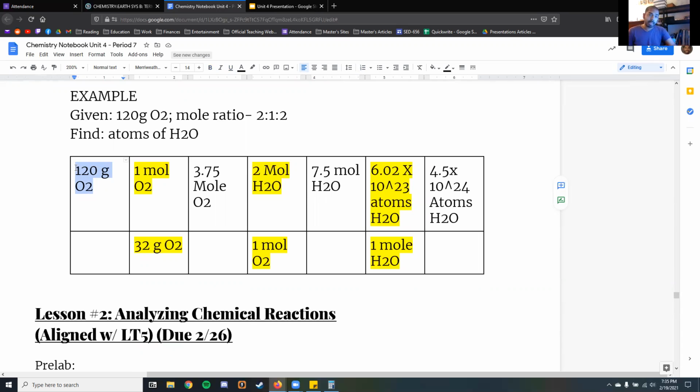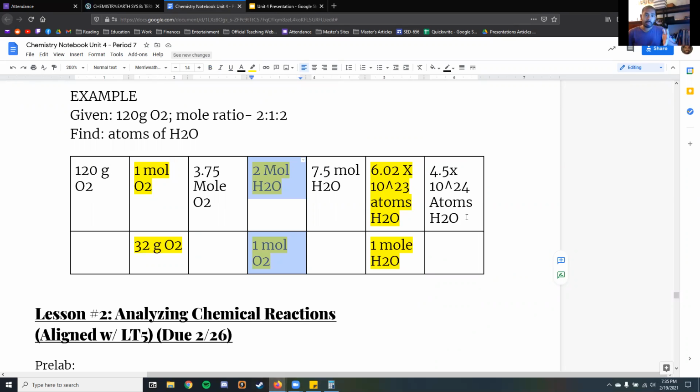The way I've been describing it lately has been, if you know how to turn feet into inches, you're going to eventually figure this out. It's the same process. Molar mass lets you convert grams into moles, or moles into grams, either way. The mole ratio lets you convert moles of whatever chemical X into moles of chemical Y. And so if you know where you're going to end up, in this case, we start off as oxygen, we're going to end up in water. Mole ratio lets us turn moles of oxygen into moles of water.